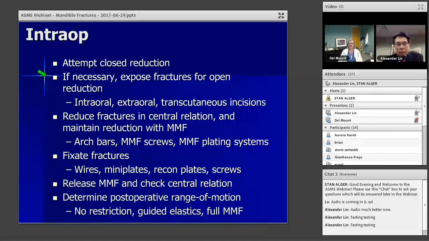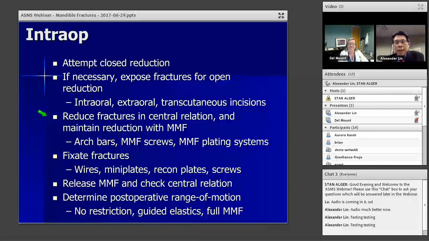And like Dell talked about, there's intraoral, extraoral, and transcutaneous incisions you can make. Then you have to reduce the fractures in central relation. So now you have all the fractures opened, and now you can visually reduce them into the correct position. But while you reduce it, you have to keep the TMJs in central relation. And once you finally have that correct, and you've reduced those fractures, you will then maintain that reduction with maxillomandibular